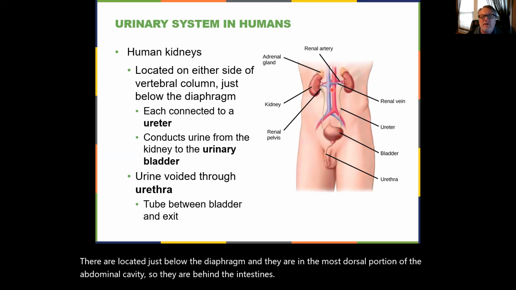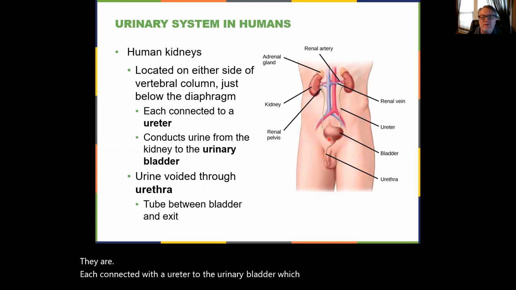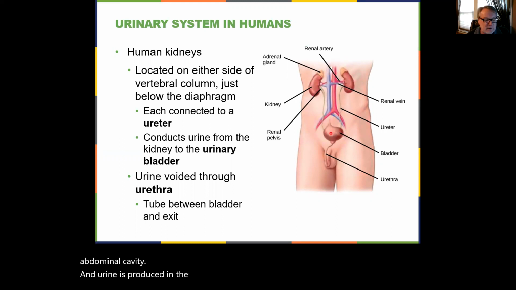They are each connected with a ureter to the urinary bladder, which lays much further down in the abdominal cavity. And urine is produced in the kidneys and is then stored in the urinary bladder to be voided through the